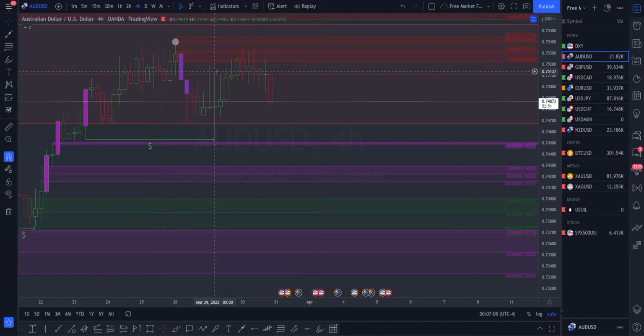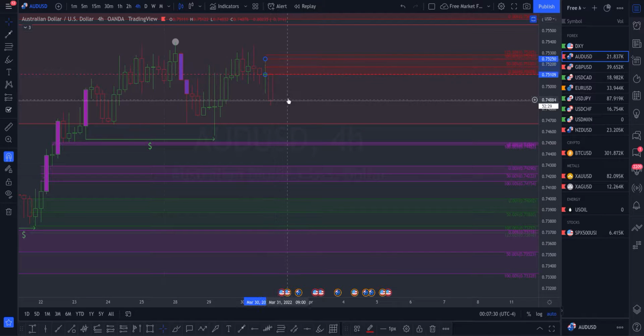And you can see where this supply has been respected and pushed down and even come back to mitigate. All right, and because that is mitigated, that creates a new supply. Okay, for me, that has not been mitigated, and this is what I would consider a transitional zone, because technically